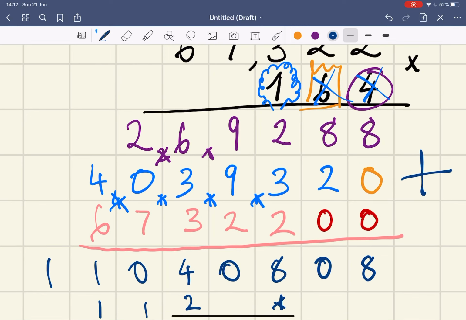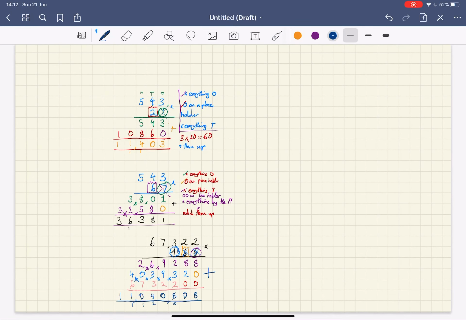So 1, 2, 3, comma, 1, 2, 3, comma. So my answer over here is 11,040,808. There we go. And that is how you multiply by 2 or 3